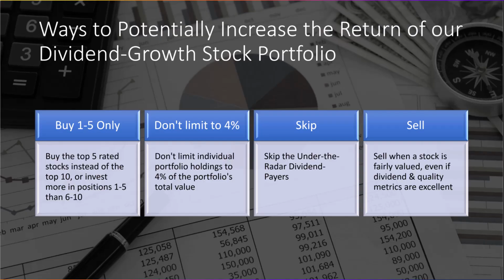So normally, for the dividend growth portfolio, if a stock's allocation of the portfolio is 4% or greater, in other words, it's grown to 4% or greater of the whole total value of the portfolio, I won't purchase more of that stock. This technique reduces the portfolio's risk by ensuring the portfolio does not become heavily weighted in 1 or 2 stocks. I purposely created this portfolio so it would be very diversified because the ultimate goal of dividend investing